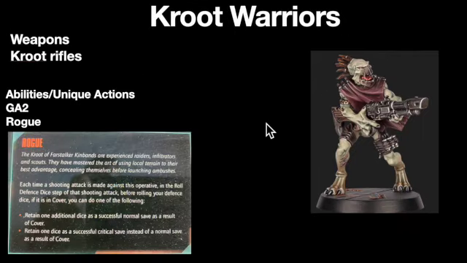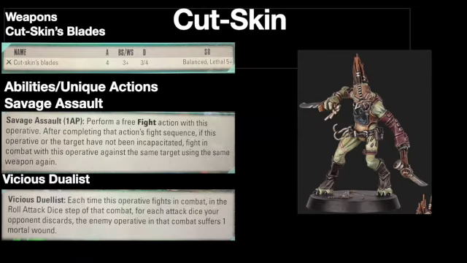Now for the Kroot Warriors, GA2 armed with a Kroot rifle, but unfortunately we didn't get to see the stats, so the only thing I know is that it has 4 attacks. They also seem to have Rogue, which we went through with the Kill Broker, so moving on to the Cutskin,